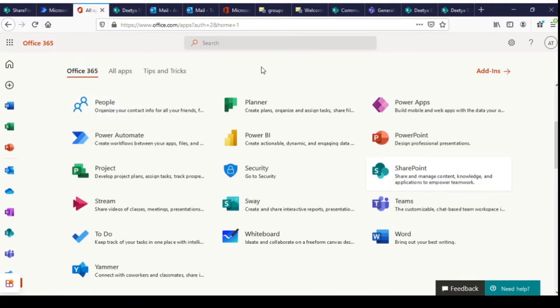Okay, so I just now logged into my Office 365 account. Now I'm quickly going to the SharePoint list. Remember, first you need to create a SharePoint list and import the birthday data you have received from your HR team. If your HR team already has that data, you just need to modify it into table format in an Excel sheet.